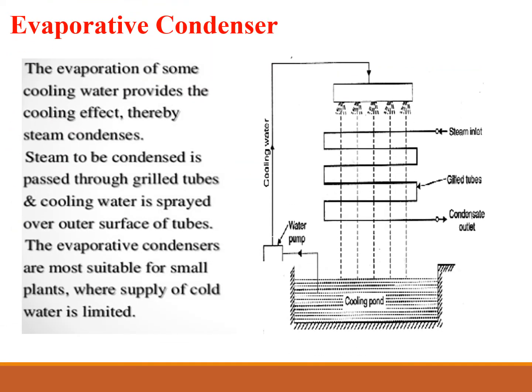Evaporative condenser. This type of condenser is used when the cooling water supply is extremely limited, and even without cooling water in cold weather and on light load. Exhaust steam from the steam engine or turbine is passed through a coil of grill pipe or series of tubes, the outlet of which is connected to the wet air pump, as shown in the figure.